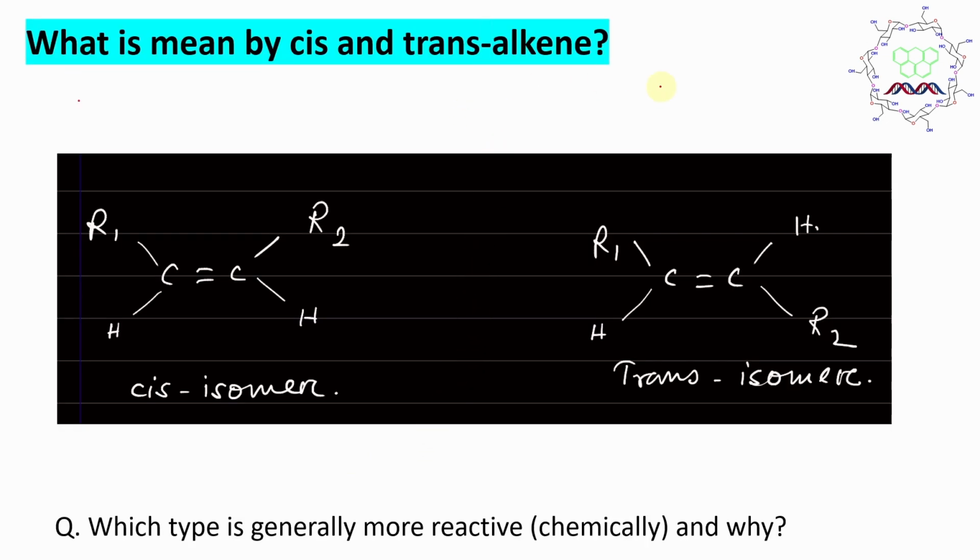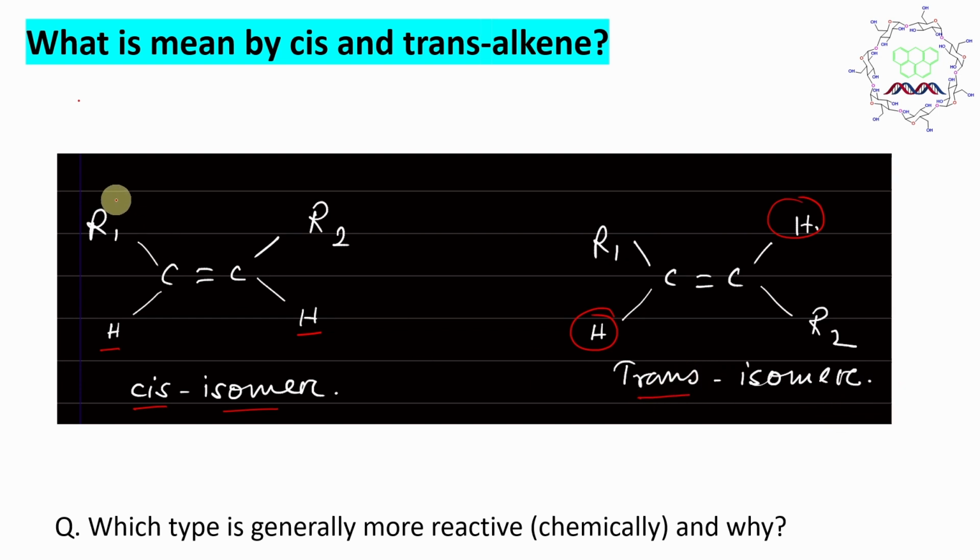What is meant by cis and trans alkene? If you look at alkene, it means there should be a pi bond or carbon-carbon double bond. If the two same functional groups are on the same side, for example, these two hydrogens on the same side, then they will call it a cis alkene or cis isomer. Now you may say, sir, R1 and R2, they are not the same. It may be the same, it may not be the same, doesn't matter. We can conclude based on this hydrogen atom or same atom. In this case, these same atoms are opposite, so that's why it will be called trans.